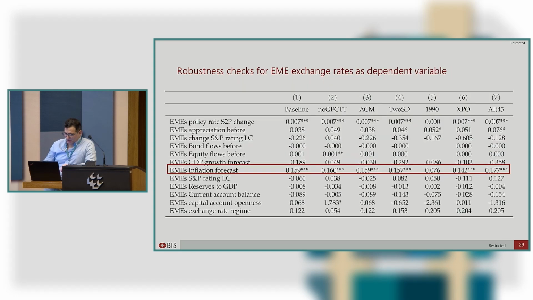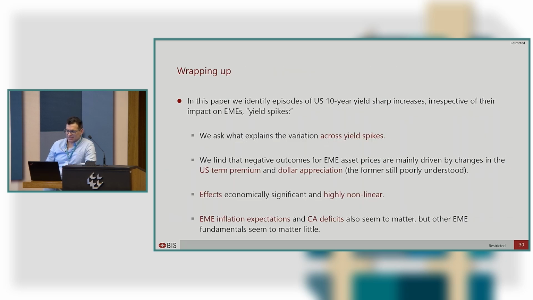I'm not going to bother you with those, but we get that basically what I said before. The main drivers of negative outcomes across yield spikes in emerging markets are these changes in the US term premium and dollar appreciation. Now, in the 1 minute that I still have, hopefully,